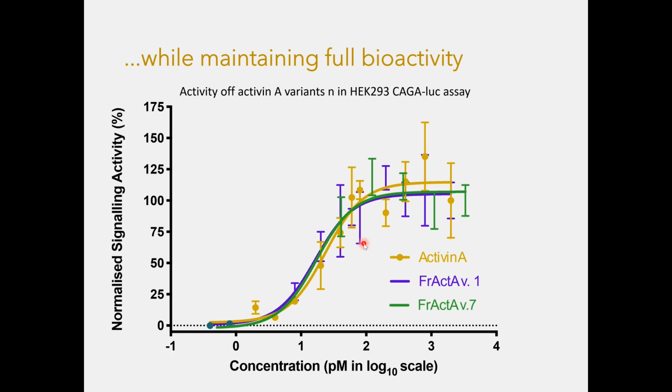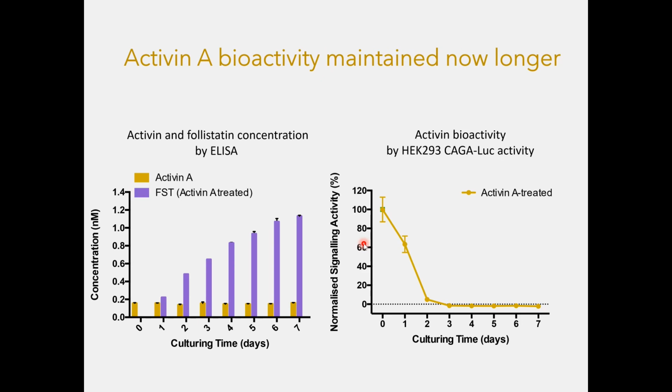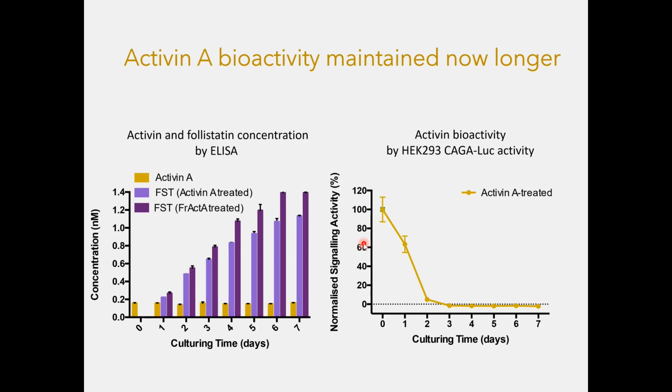So with these two improved activins in hand, we put them in the same induced pluripotent stem cell assay. You saw this data already before. So the purple bars there are the follistatin increase in the cell culture. And now when we treat the cells with the follistatin-resistant Activin A, we still get follistatin accumulation, perhaps even more than with the normal Activin A. But when we then analyze those same samples in this luciferase bioactivity assay, you can see the bioactivity even after 7 days is still over 40%, while in the normal Activin A it was pretty much zero after 2 days. So it looks like we've achieved